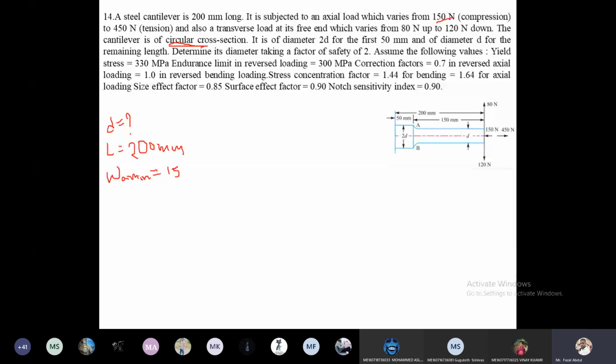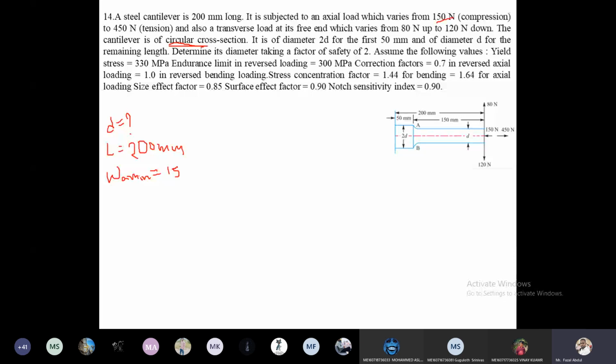For the given data, also in the external examination, you will have marks. Don't forget to write the given data. At least when you don't know the answer, if you write the given data, you will get 2 marks or 1.5 marks.